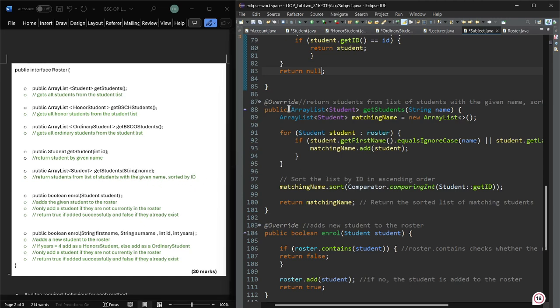So public array list student get students string name. Okay, we're trying to get students searching by string. Searching sorry 就是